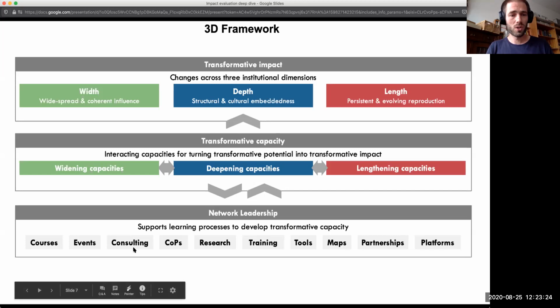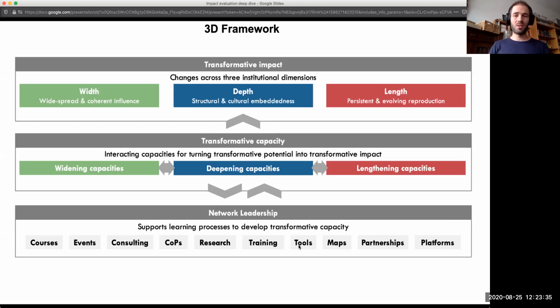You can think of courses, online and offline events, consulting projects, communities of practice, research programs, training of trainers, tools that allow people to reflect on how effectively they're working, mapping all kinds of initiatives, partnerships with organizations across sectors, and platforms like Mighty Networks and other online tools, really building an ecosystem of all these different learning spaces and support activities that collectively generate widening, deepening, and lengthening capacities.